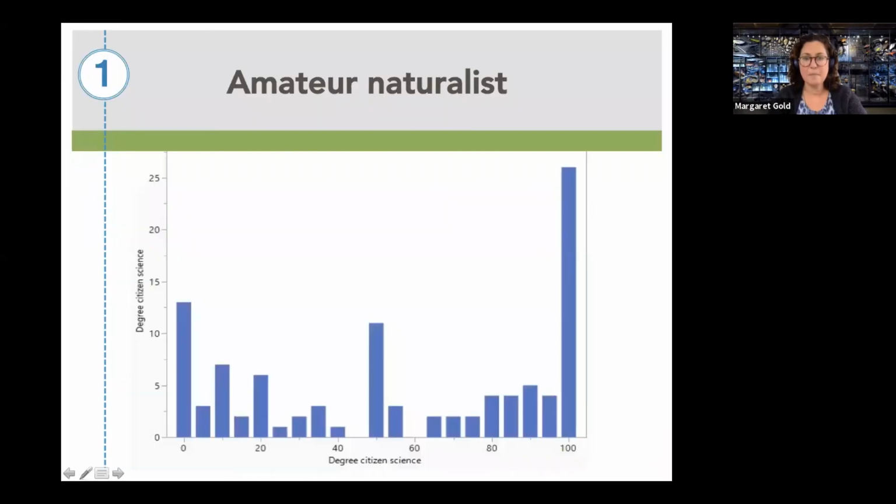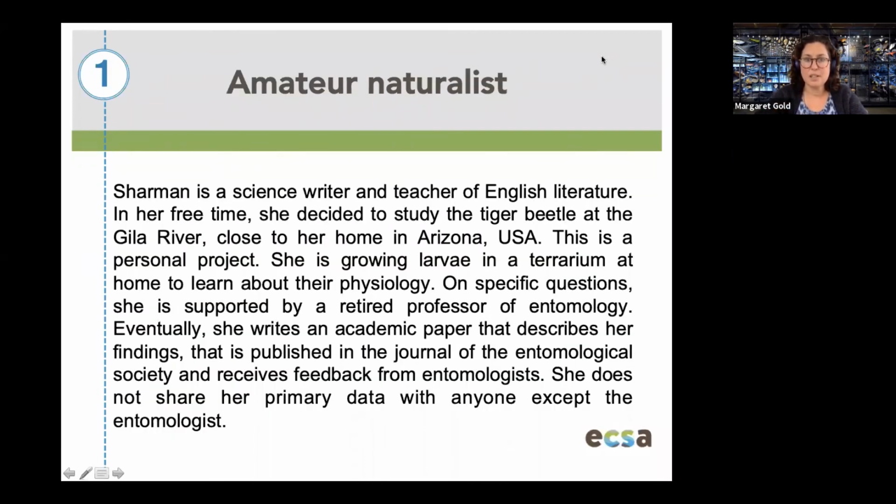A survey of 330 people thought about the scenario with the amateur naturalist. And this is something that we experienced almost throughout the entire work. I'll just go back again to that description of Sherman, the science writer. So as I stated about our methodology, a number of these we designed to try and cover ones that we thought were clear in the literature as not being citizen science, and ones that were clear in the literature as being citizen science. So we ourselves, in designing these vignettes, already had some ideas in our head. Many of you will wag fingers at us about bias, although we did our best to not present any bias in doing that.